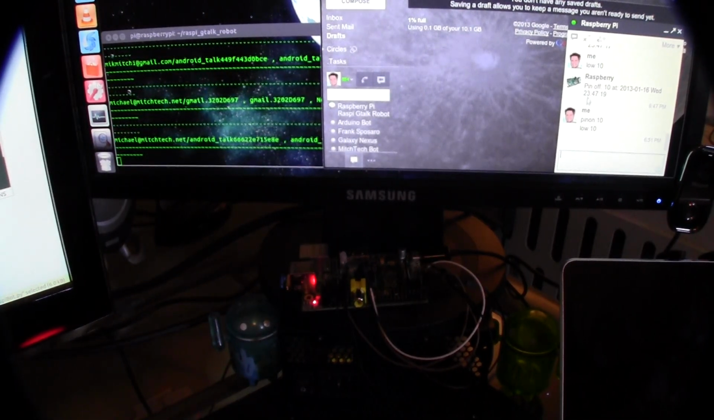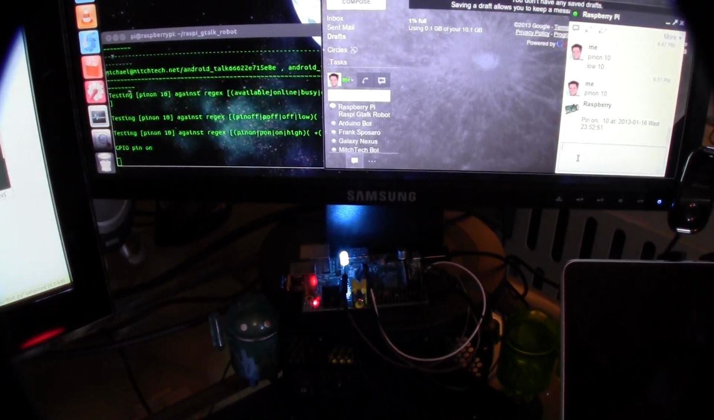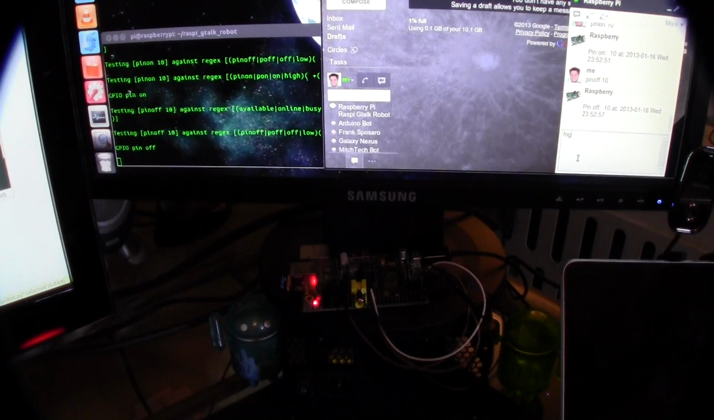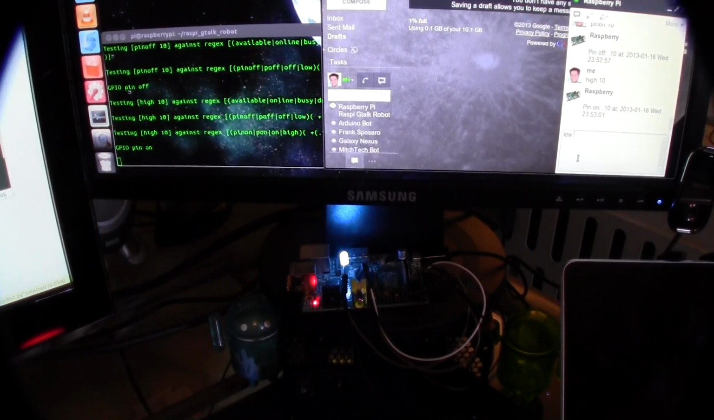You can see some of the previous messages that I've sent it here, things like lows and highs and pin-ons and pin-offs. They all do pretty much exactly what you'd expect them to do. For example, pin-on 10 will set the state of the GPIO to high and turn on the LED. Similarly, pin-off 10 will set it to low. You can also send high 10, which will basically do the same thing, and low will also do the same